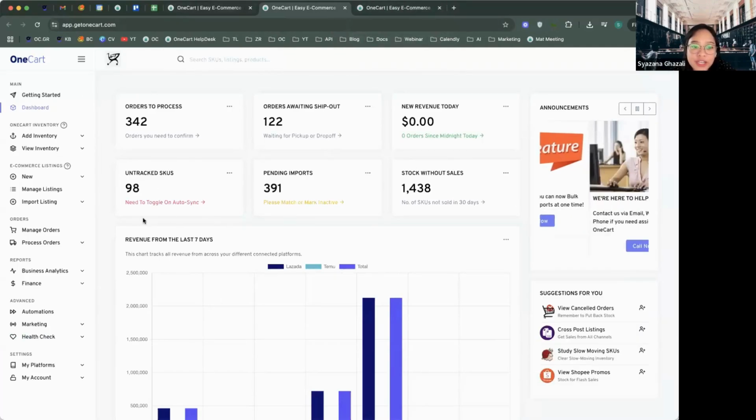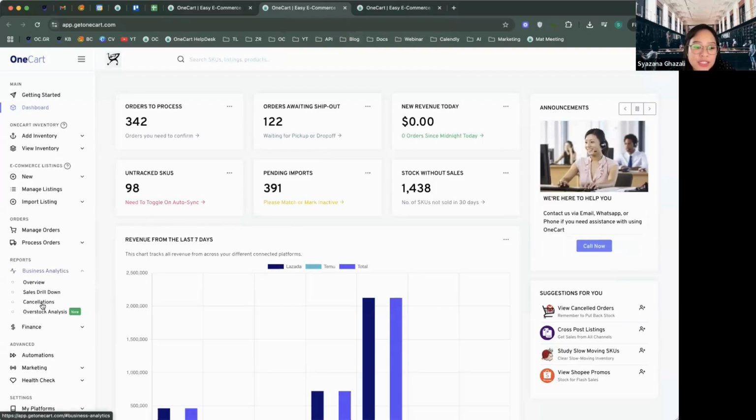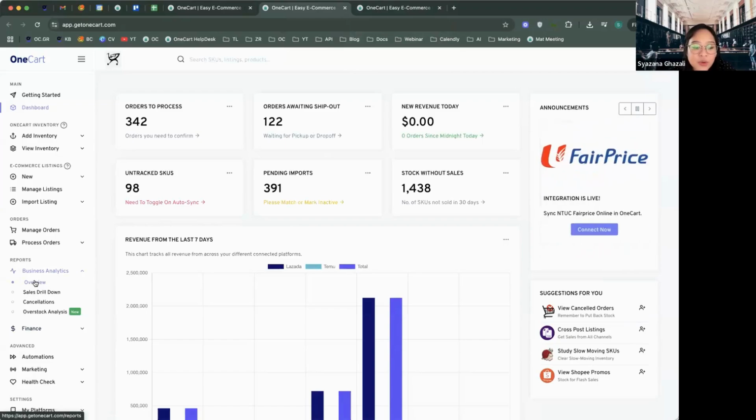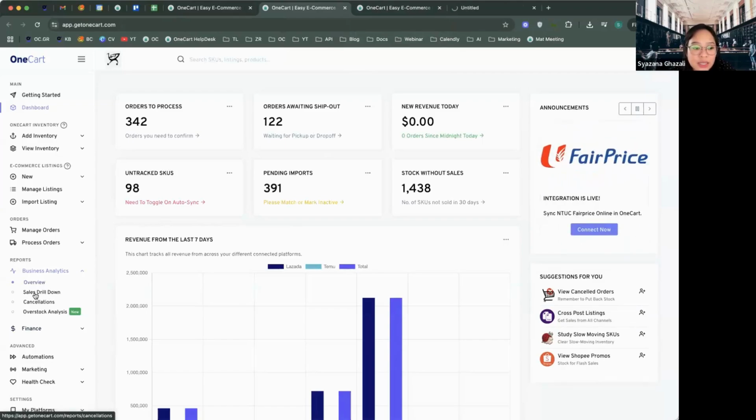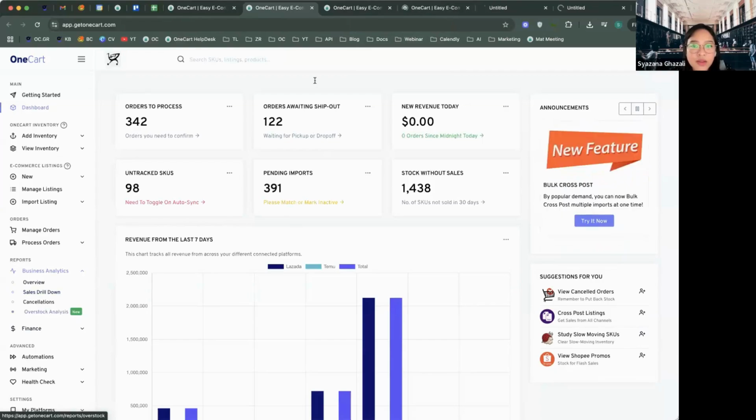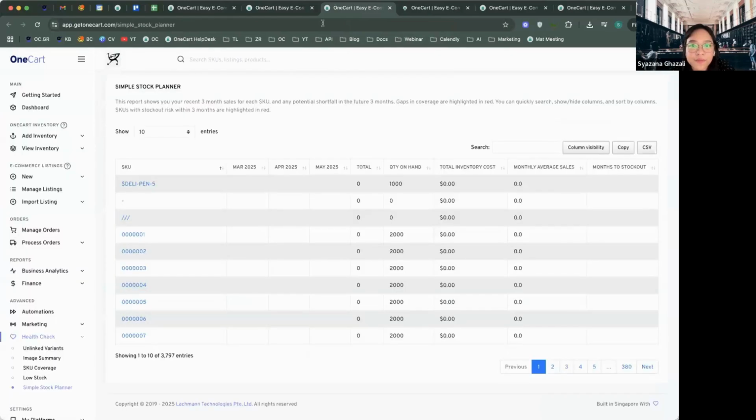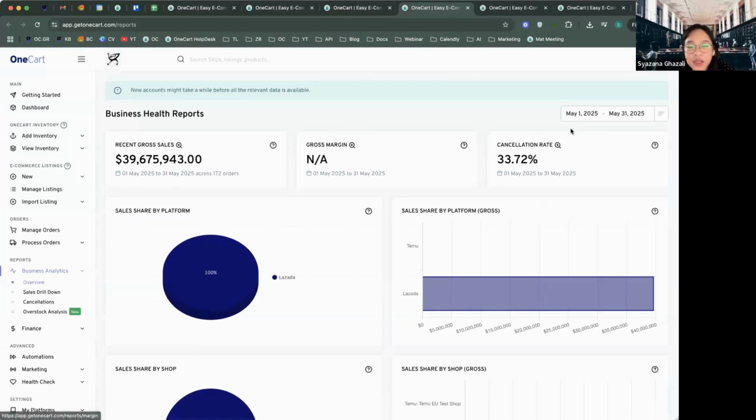If you go back to the homepage, your dashboard, under reports you can see business analytics, and you can see an overview. I'm just going to click this and open it in another tab for you to take a look. In the business health report, to adjust the date range, you can click at the top right corner and adjust the date to whichever you desire. For example, if you just want to understand what happened in the month of April,